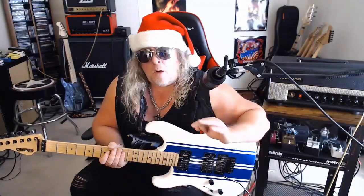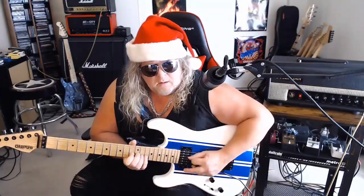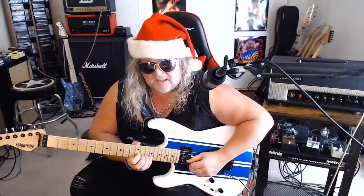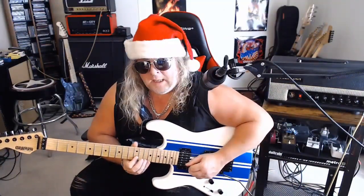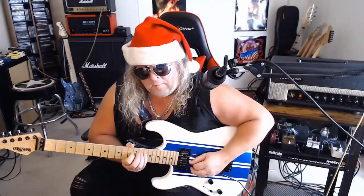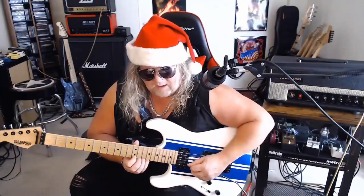That lick has a harmony on it, which is this. And that's 15, 14, 12 on the B, then 15, 13, 12 on the G, on the B, 14, 12, 11 on the G, 14 on the D, and then climb back up. 11, 12, 14, 12, 13, 15, 12, 14. So that would be